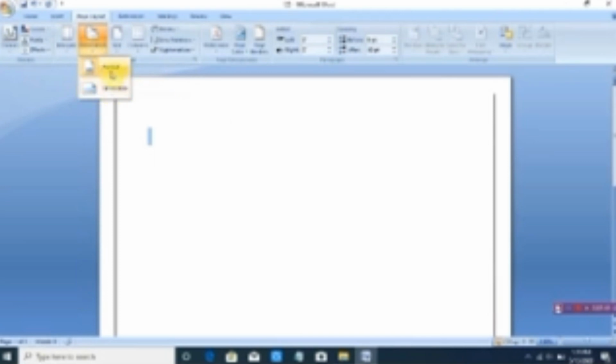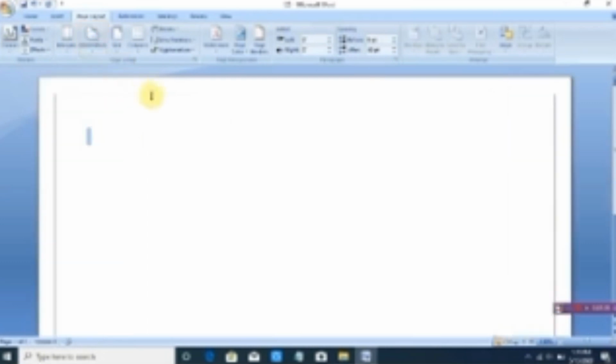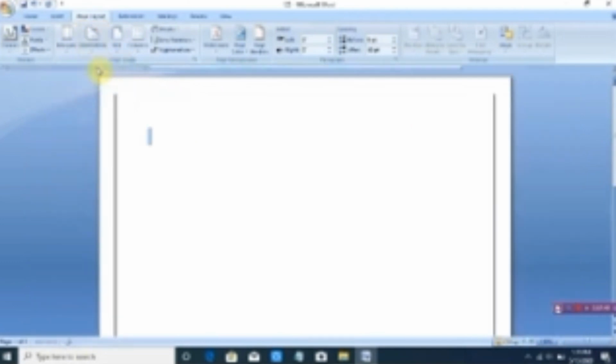Again by default our file comes in portrait size. I want it landscape, so I will click over landscape. Using the same process, we can change the orientation back to portrait as well.